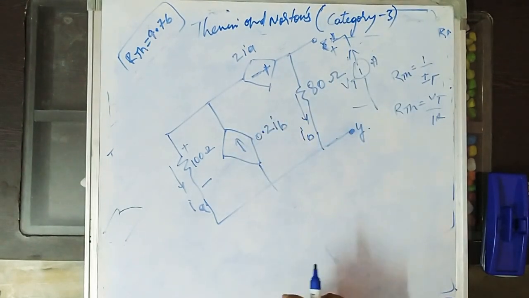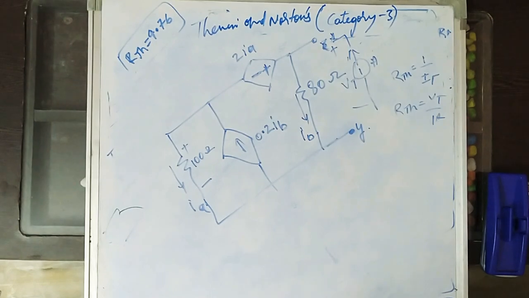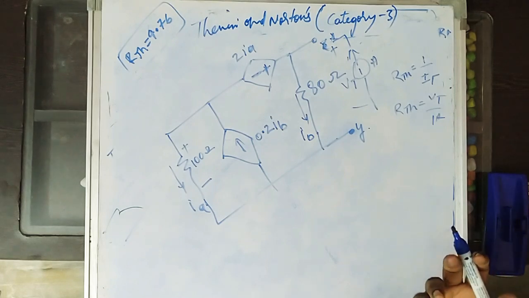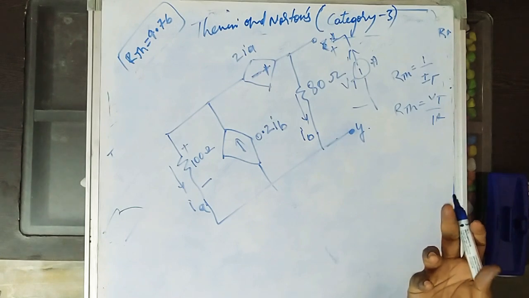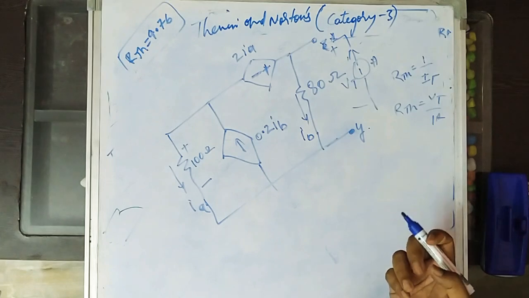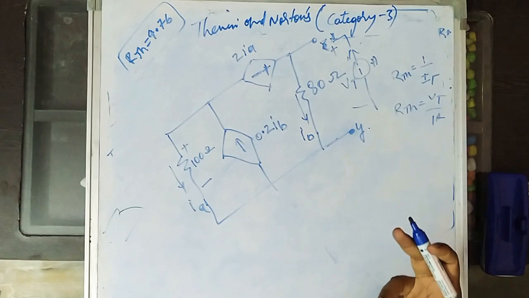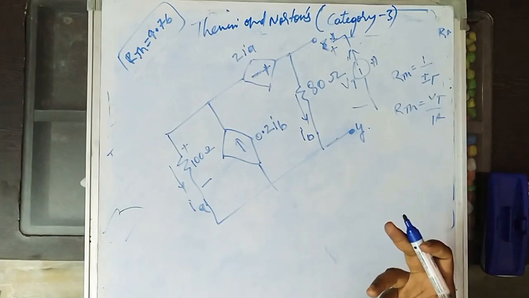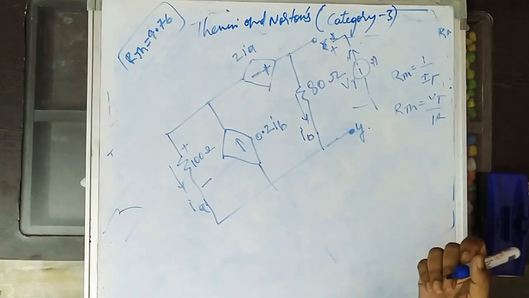Keep in mind, don't always do mesh analysis. Try to incorporate node analysis also, because mesh analysis is not always the best choice; in doing mesh analysis you may get many equations. Instead, if you use node analysis, you may get only one or two equations, which is very feasible. So I request you not to always depend on mesh analysis. Observe the circuit initially, and find the way to obtain the responses using node analysis also. Okay, thank you.